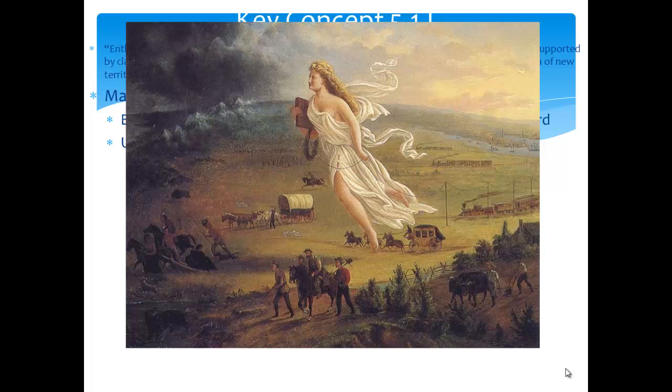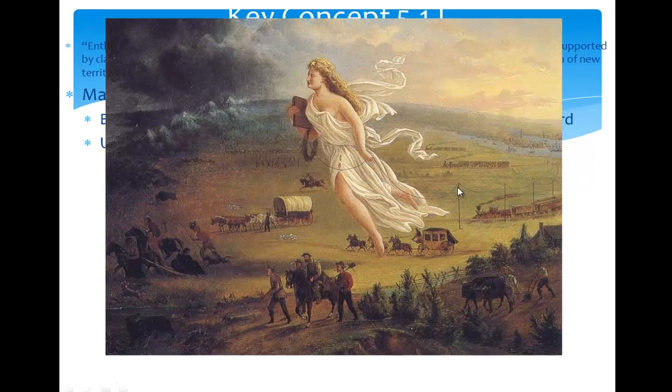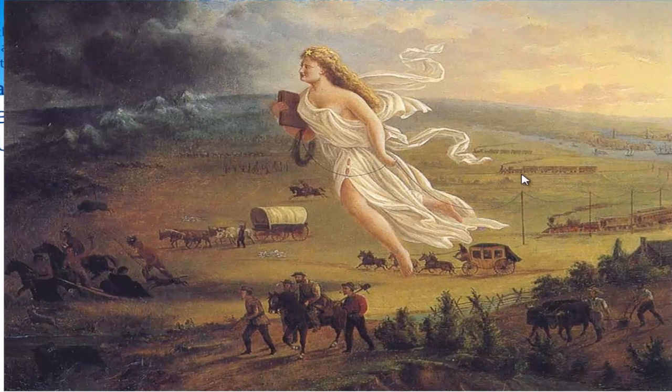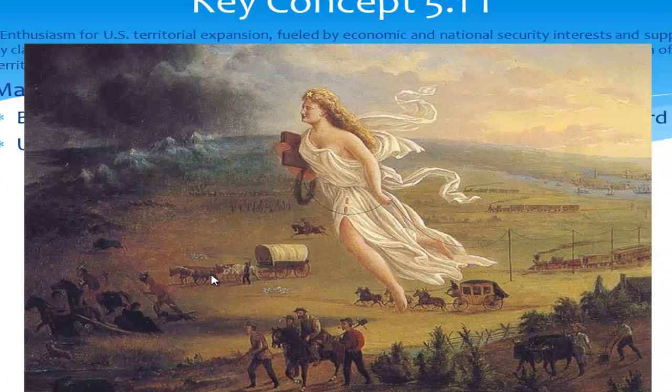Here's a very famous painting you should absolutely be familiar with, and this pretty much depicts Manifest Destiny. We have here religious representation, this woman floating across west. Notice she's moving to the left or the west, and she's coming from the east, and this is the United States expanding. Now she is stringing telegraph lines as she goes, and notice that in the far right, the east, are a bunch of trains, and we'll see different forms of transportation going out west. And we have Native Americans down here that are running and looking backwards as the white Americans are moving out west. And we have people that are doing farm work too down here in the lower right-hand portion of this. Very important painting you should definitely be familiar with.